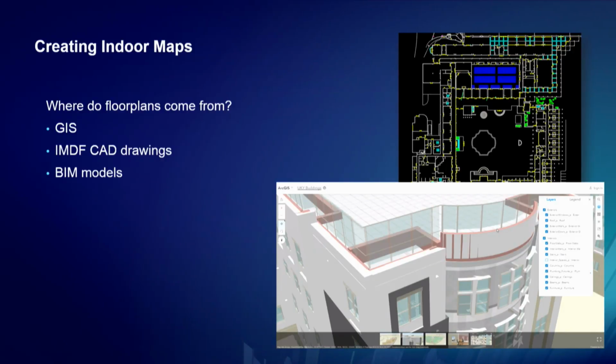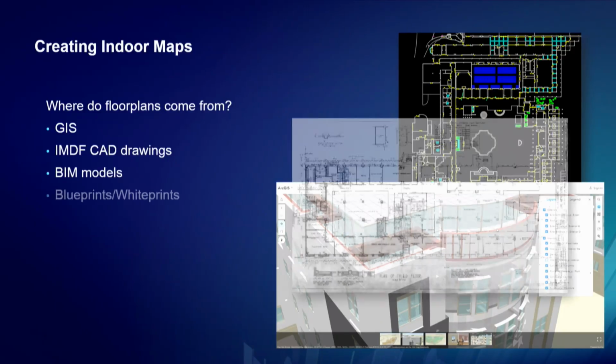They also have BIM models. As you saw this week, we have Revit as a data source now with ArcGIS Pro 2.2. So how do we simplify all the information in a BIM? And BIM model's a little redundant, it's like ATM machine. But a building information model has all this construction information for construction and planning, and we don't need a lot of that. We just need the basic floor plan.